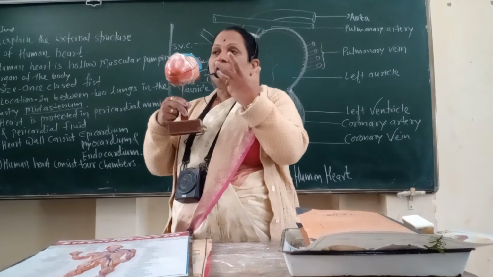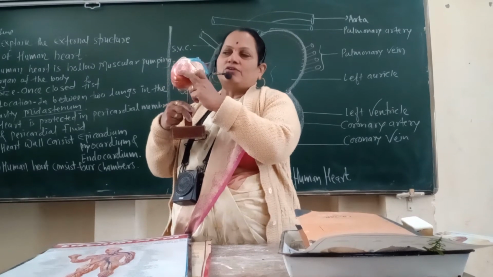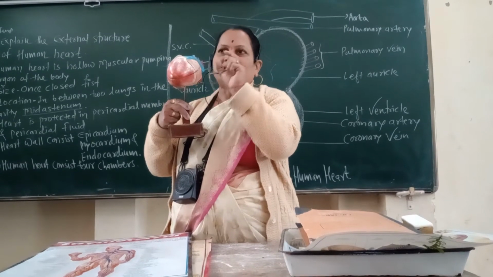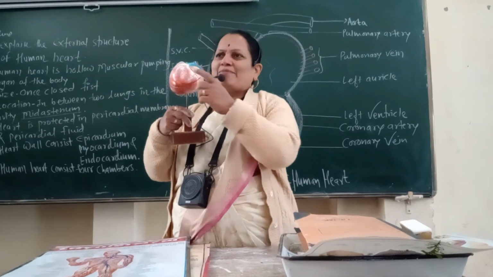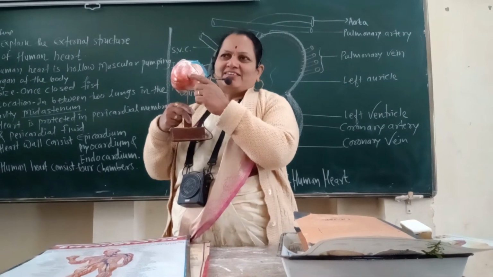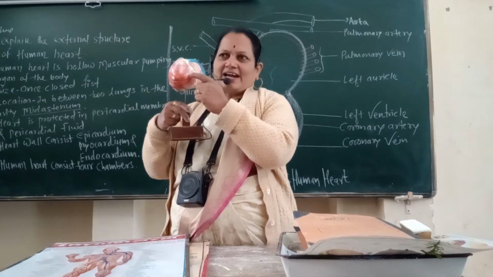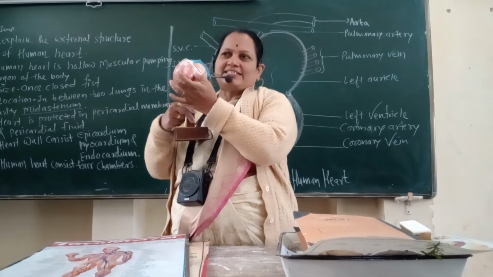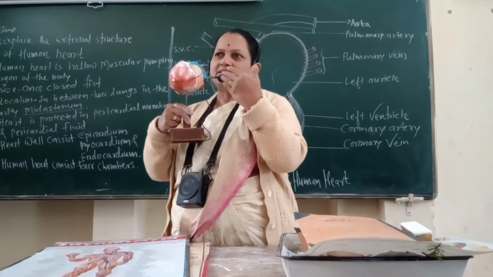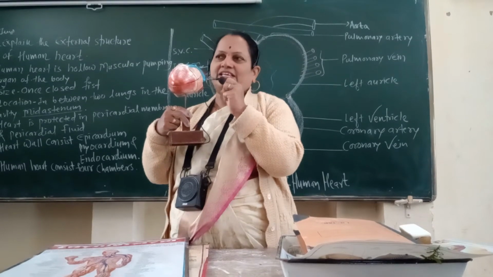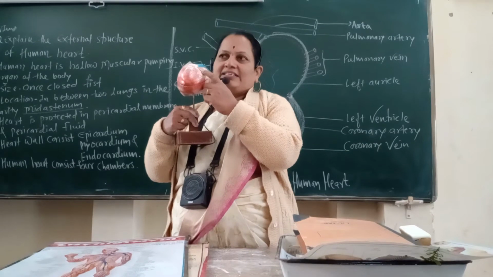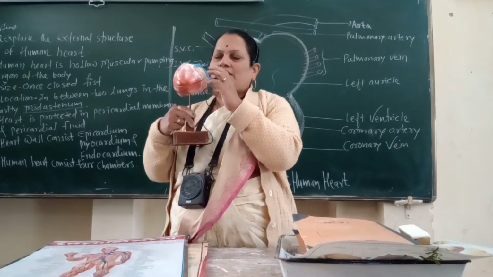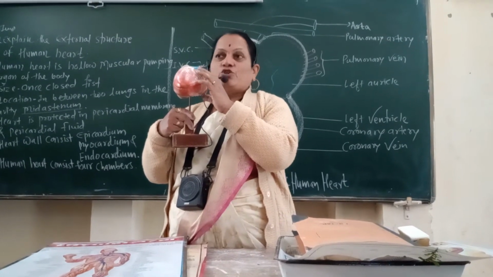If there is a deposition of cholesterol inside the coronary artery, then what happens? If there are blockages, then what happens? A lesser amount of oxygen is received by the heart wall cells, and those cells can cease or stop their working. That is called cardiac arrest or heart attack. So there are 2 procedures: first angiography and then angioplasty.